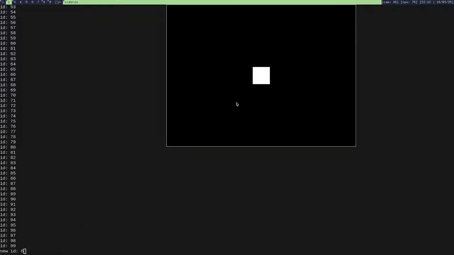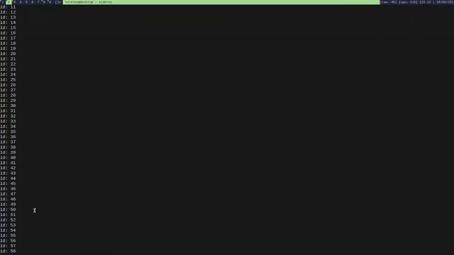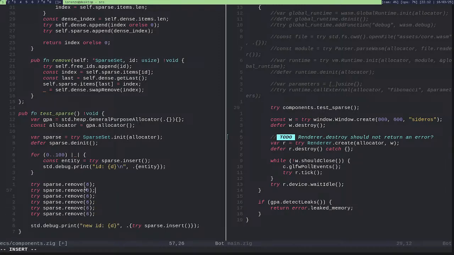Oh. It worked. It looks like it's working. I want to iterate over the dense array and see. Well, I should remove some random values here, like 6, 3, 7, 10, 54, 24, and 13.